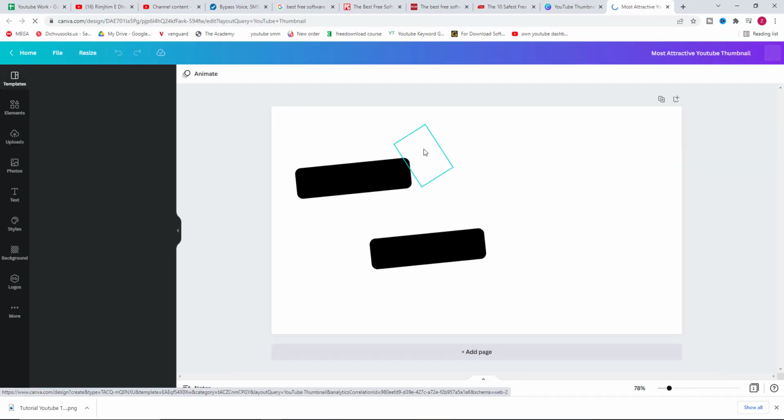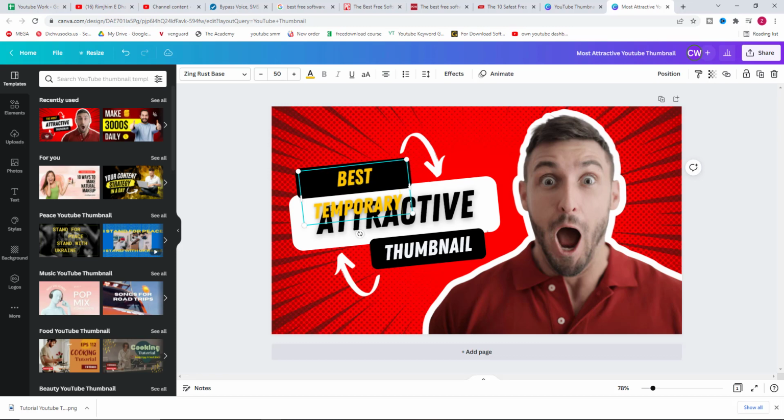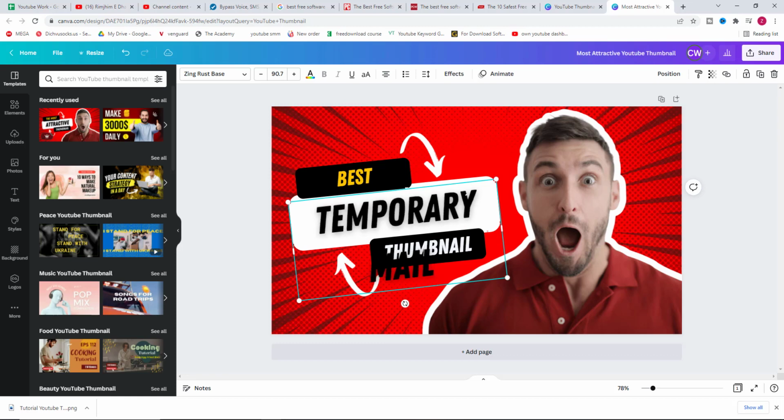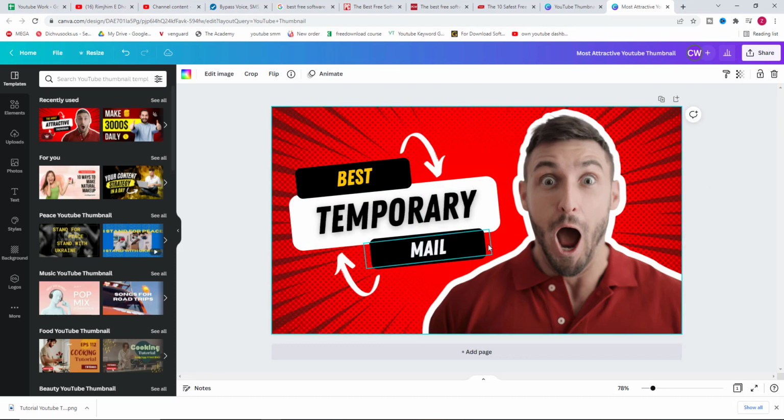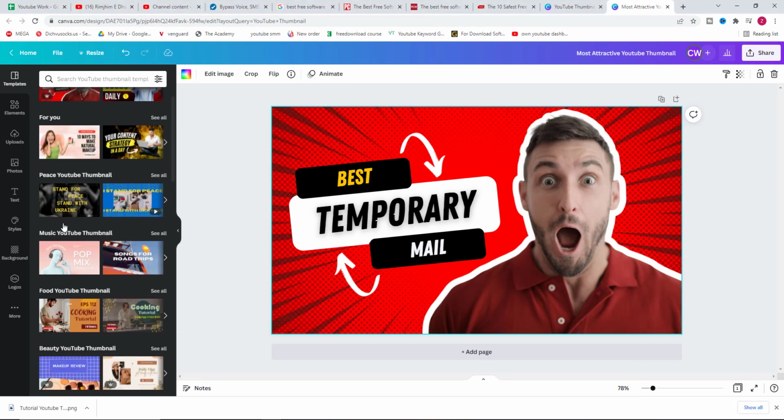Okay, this is looking good. Best temporary. Okay, I can do that in the another tab. Best temporary mail. This is looking good. Wow, nice. You can do anything, you can change anything if you want, like if you want to add any